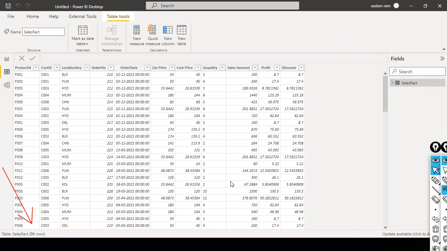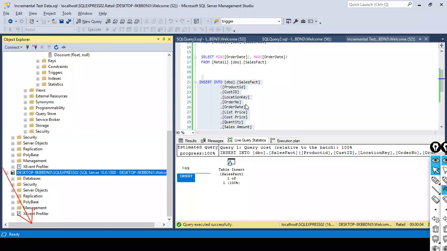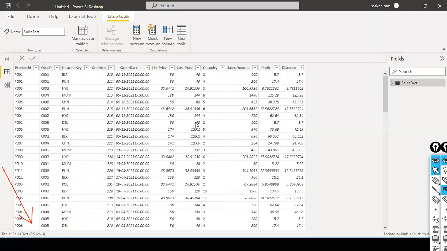Got it. So now what I will do is I will load the entire 96 records. We have loaded the entire 96 records into this table. This is kind of a one-time refresh, the first time we loaded it. So now if I insert any additional data in my SQL Server, only the newly included data should get